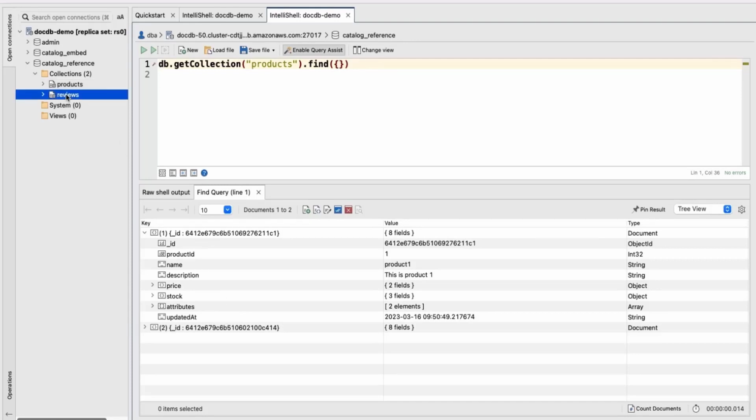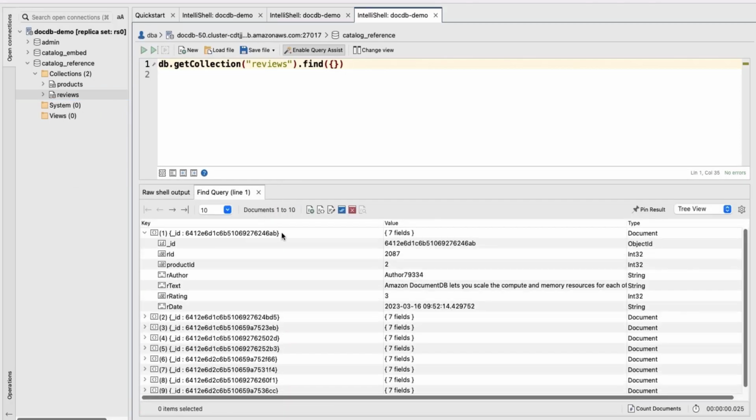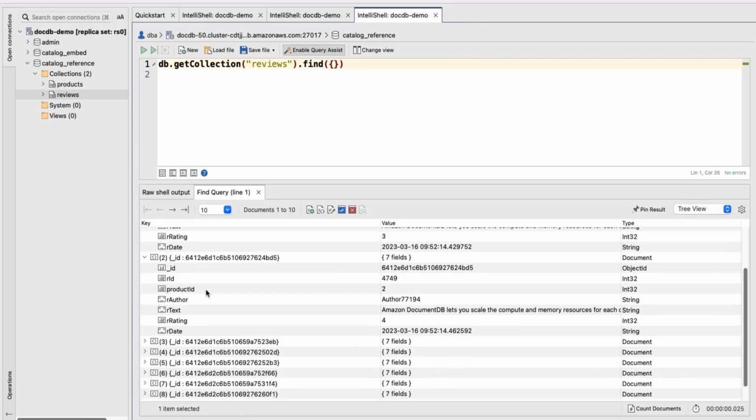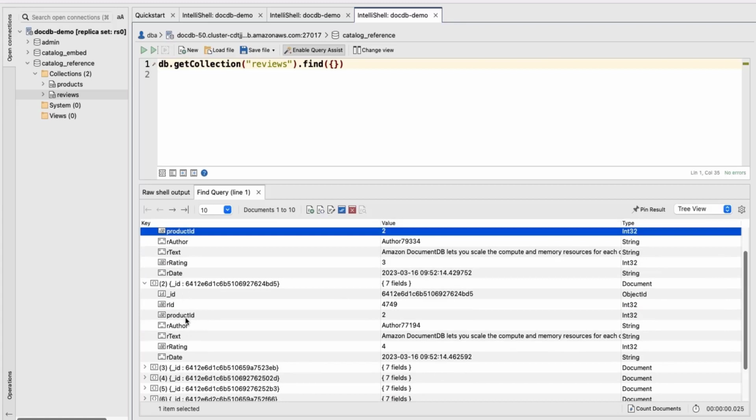That's because I moved the reviews to a separate collection, and every review is a separate document. Now, to maintain the relationship, I keep a reference to the product by having this product ID. This will keep the relation between the review and the related product.